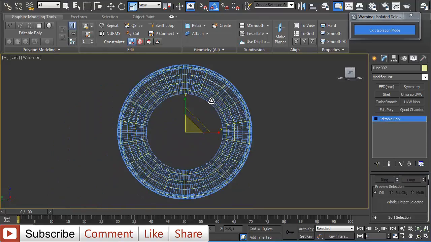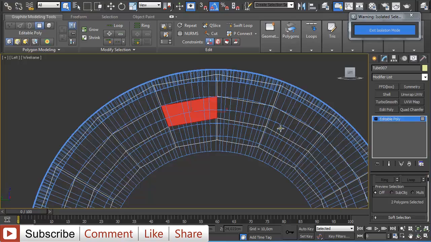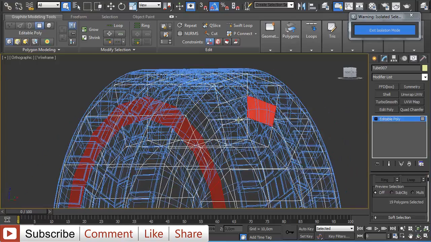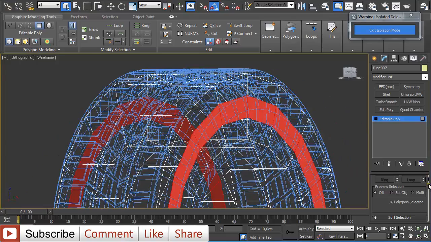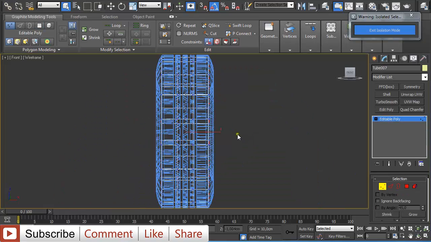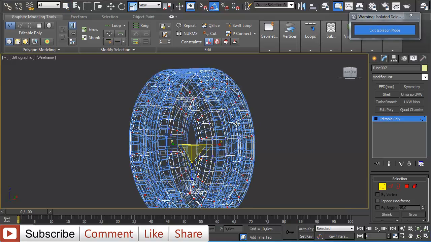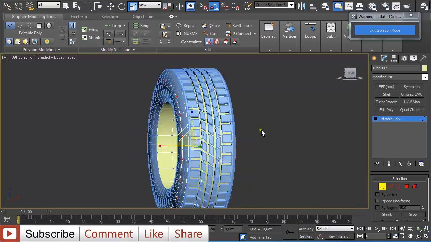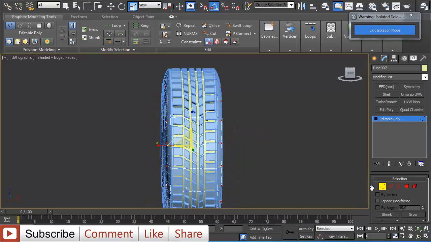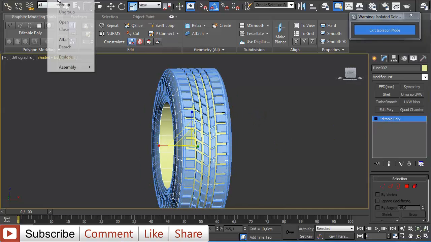And on the left view I'm just going to select these polygons and then just loop them, and hold Control and click on vertex, and in the front view I'm just going to apply some deformations to these parts like this. And now I'm going to group everything together,